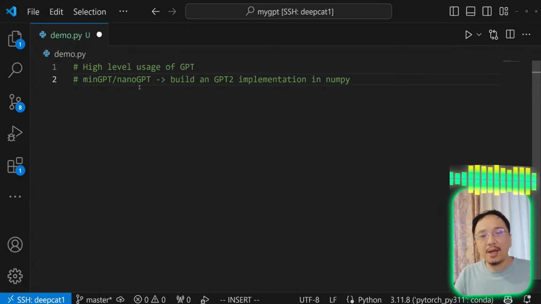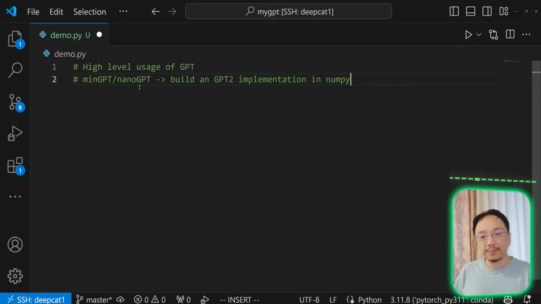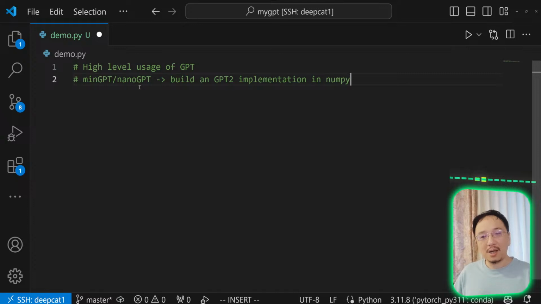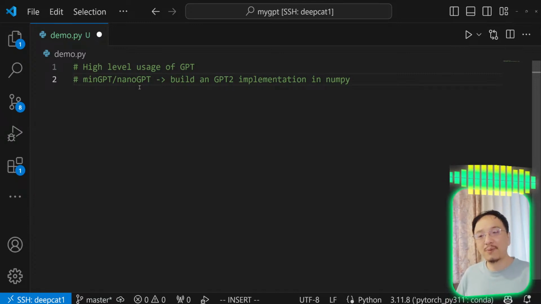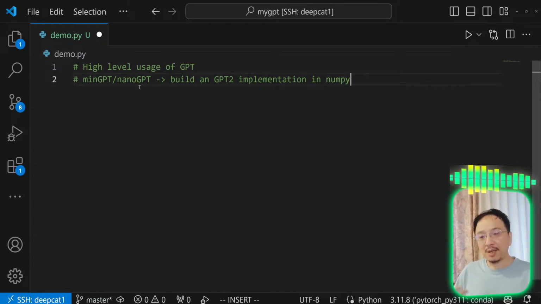One way to do that is to implement it in Rust or in C. We can actually do that because I prepared tutorials on how to do NumPy stuff in Rust, so that is doable. But for educational purposes, we are going to use NumPy because most people are more familiar with Python and NumPy. And my plan is to first implement it in NumPy, and then translate the code